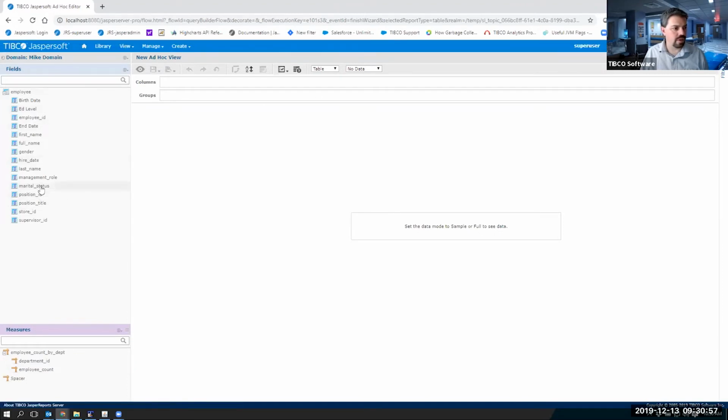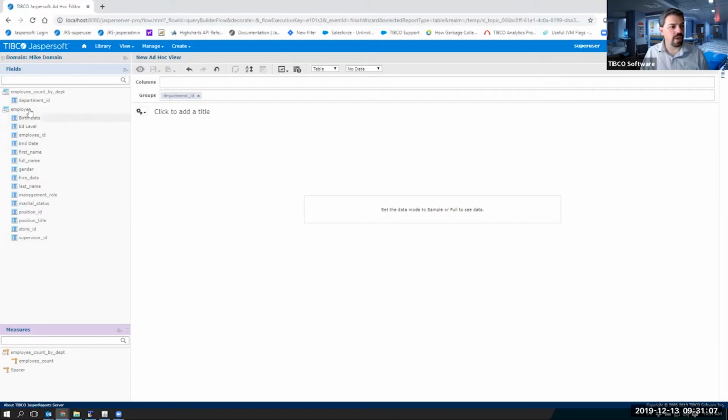Whoops. So if you do have your data and you forgot to change it to a dimension rather than a measure, you can actually change that here and just right click it and say use as field. So if I want to group my department ID, I can see my column there. I'm sorry, the employee count. So I'm grouping that data, but now I can also add in other data and see,